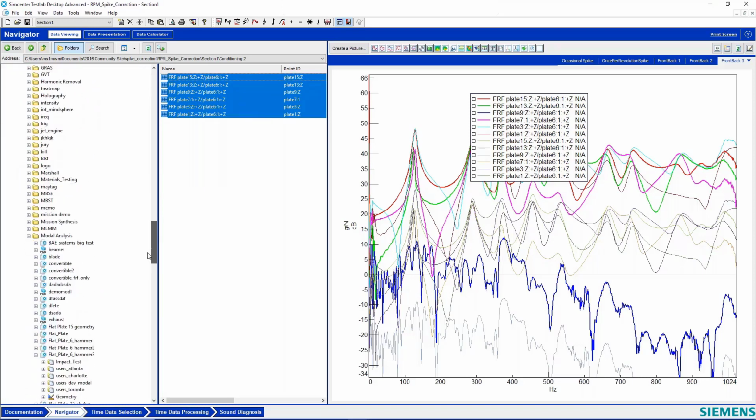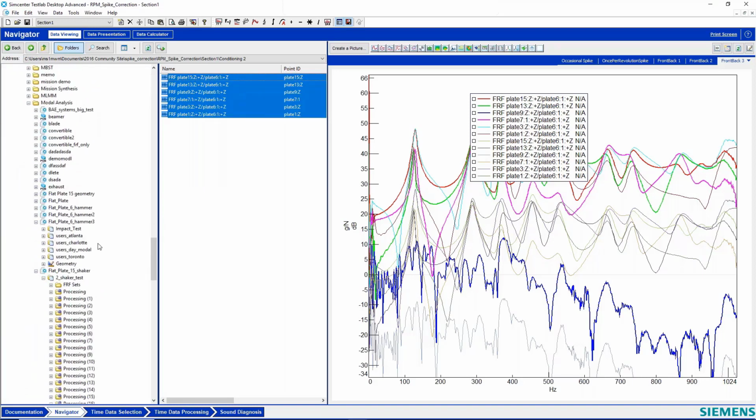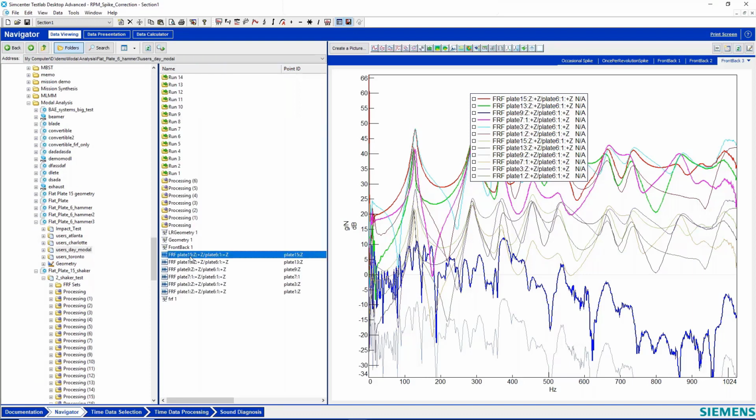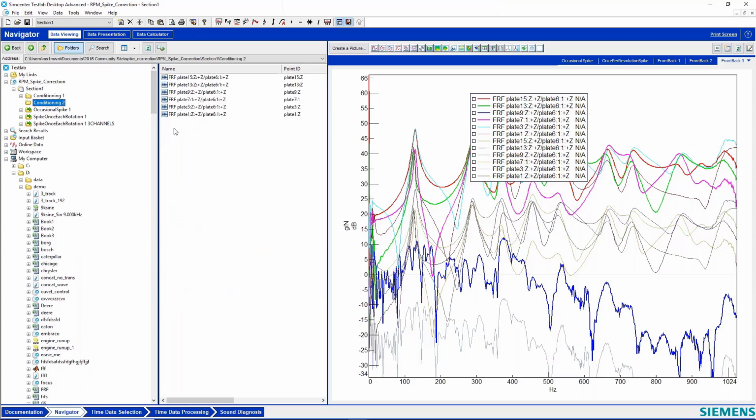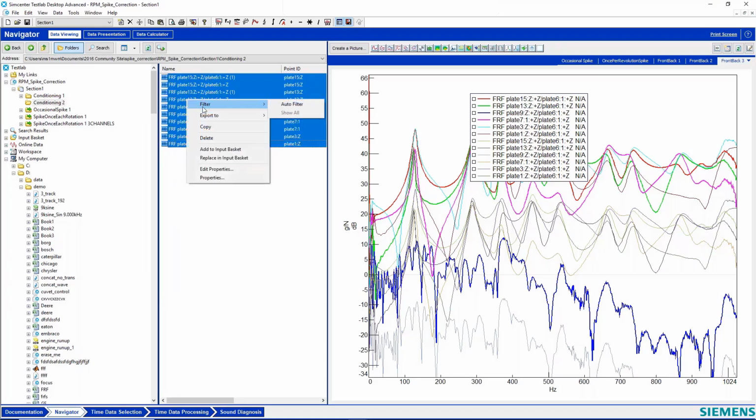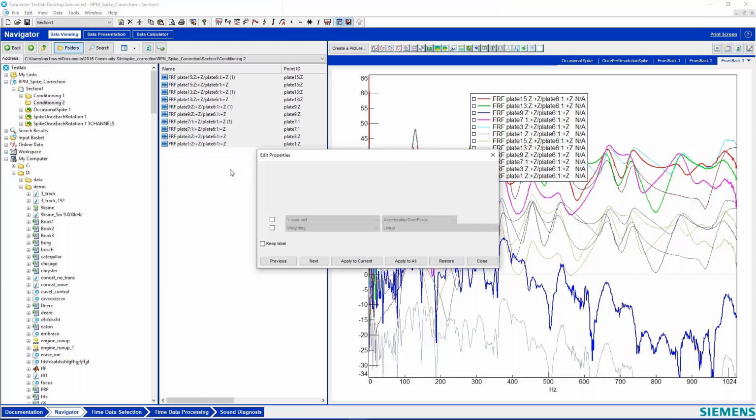And if I want to take data from another project to edit it in my current project, I can do that just by taking this data, hitting copy, and then I can come up to my current project here, right-click and pick paste, and it'll copy it over. And then if something like the reference ID was wrong, if I go to edit properties here